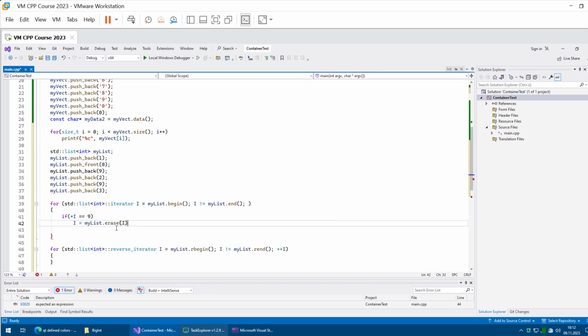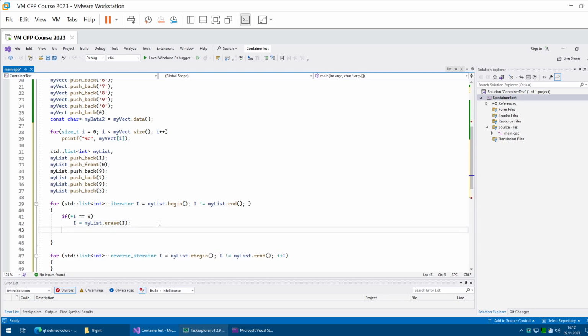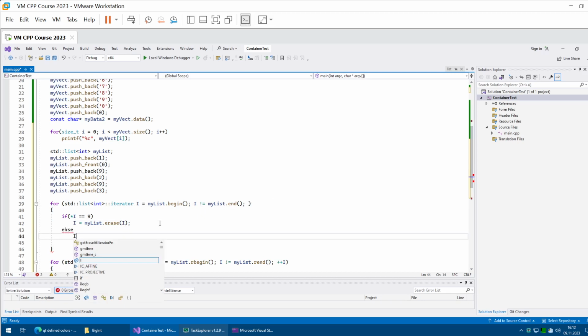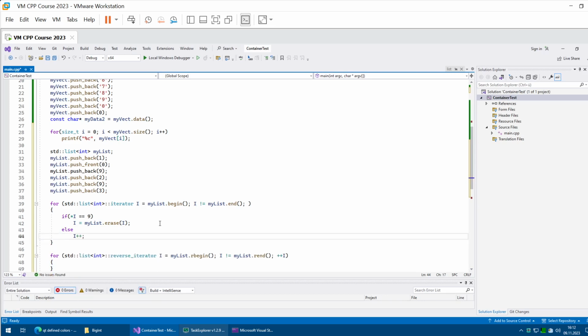So if we just go with a simple case, erase i, then i will already be the iterator for the next go through. This is why we didn't want the i++ here. And of course, then we need an else case. I missed that. Else case where we just do i++. So this way, it will either advance the iterator without changing the list, or it will change the list and give us a new valid iterator pointing to the element which remains now in the place of the element which has been deleted. So if we put a breakpoint here and run,